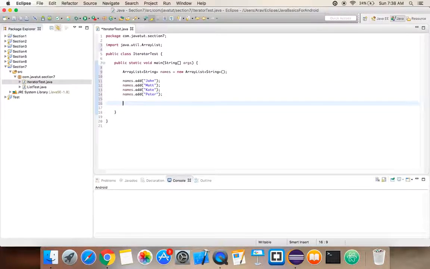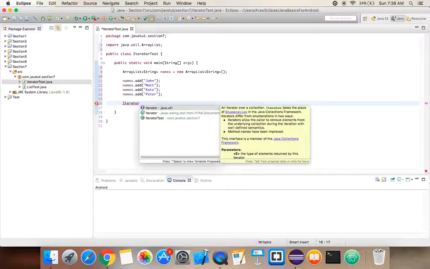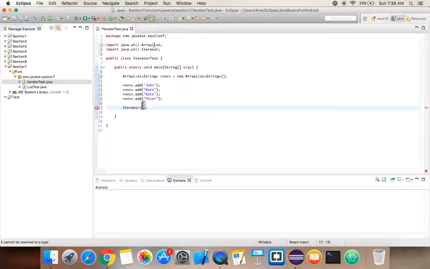One way to go through the list is to do a for loop where you can get each item and then display. But now we're going to try to use an iterator. So just like how we added array list, let's type iterator and then hit control space, which will do the import automatically. We want the java.util.Iterator. So both Iterator and ArrayList are inside the java.util package. So it's an Iterator of string